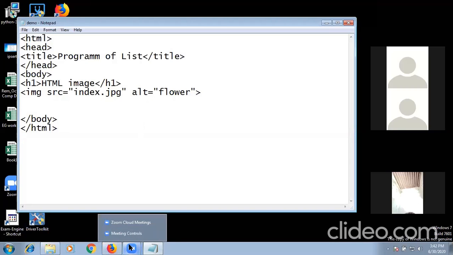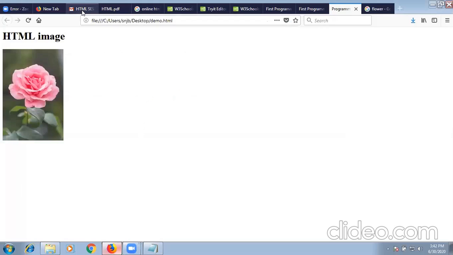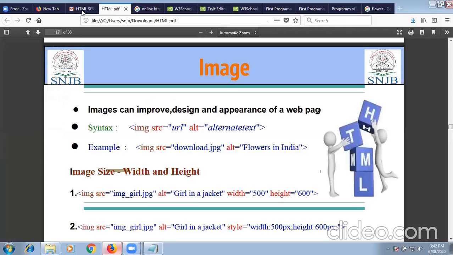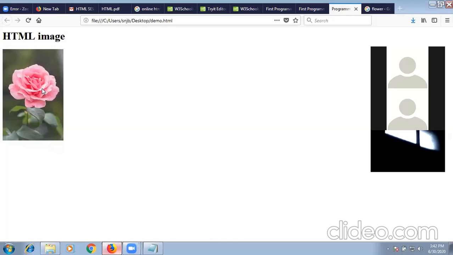Now we have already seen how to provide link to the text. Now what if I want to add the link to this flower? Some phishing attackers or cyber attackers use this concept. They hide some phishing code inside this image or at the background of this image and provide the particular link to this.